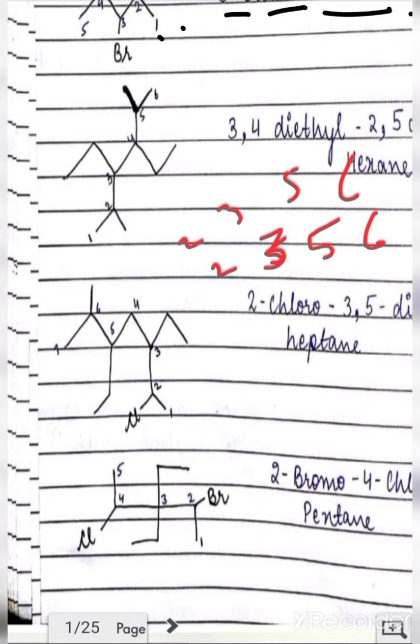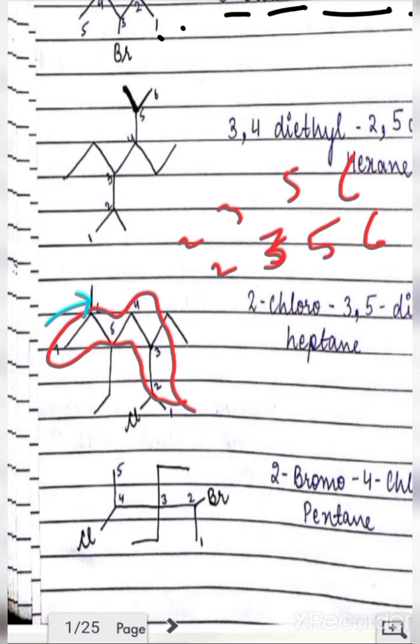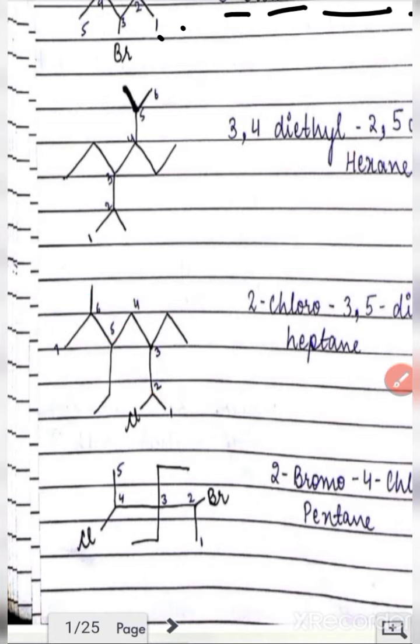Same positions we are getting, but if we number it from this side, then the second position is gained by the chloro group, while if we number it from this side, then the methyl group will get the second position. And as C comes first, then M in alphabetical order, the preference of numbering will be given from this side. So first, second, third, fourth, fifth, sixth and seventh. So the name of the compound will be